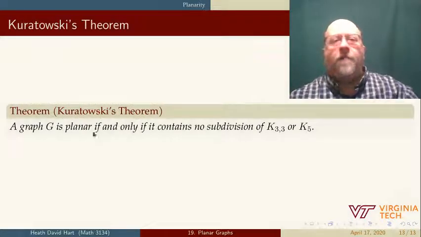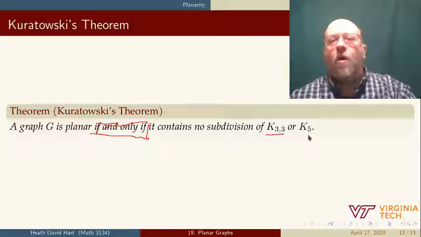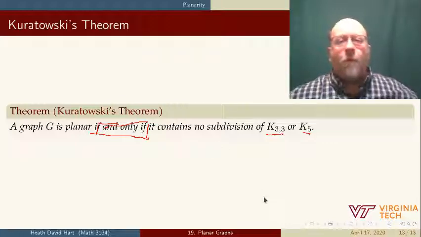And a graph is planar if and only if it does not contain a subdivision of K33, that's the graph that we just looked at, or K5. Turns out that's it. If our graph doesn't contain either of these two graphs in a subdivision, then the graph has to be planar. We're not going to take the time to prove this theorem, but we're going to look at some